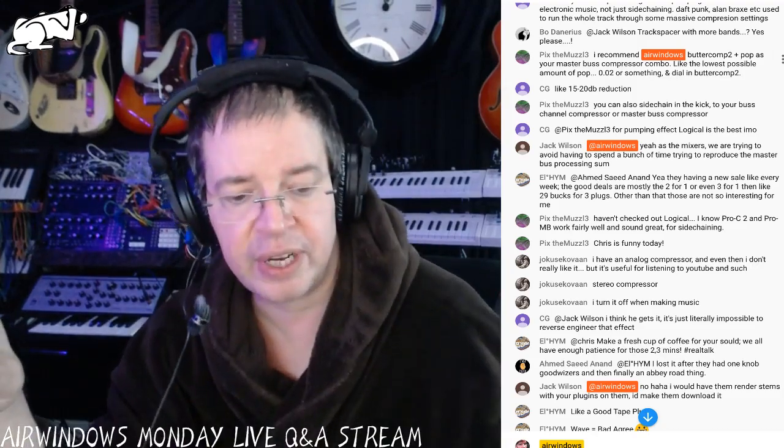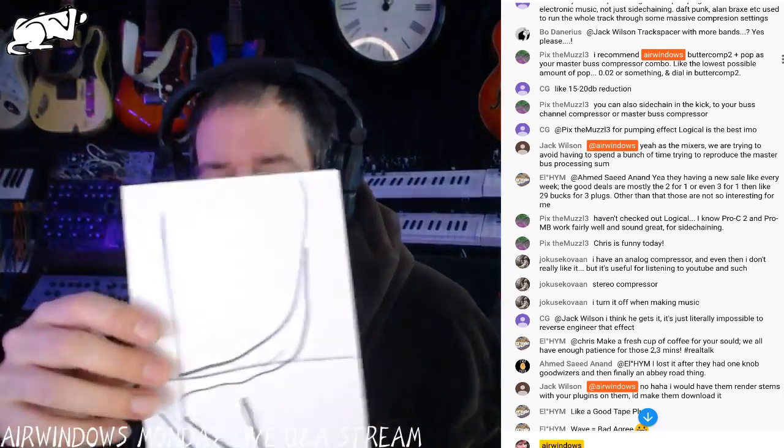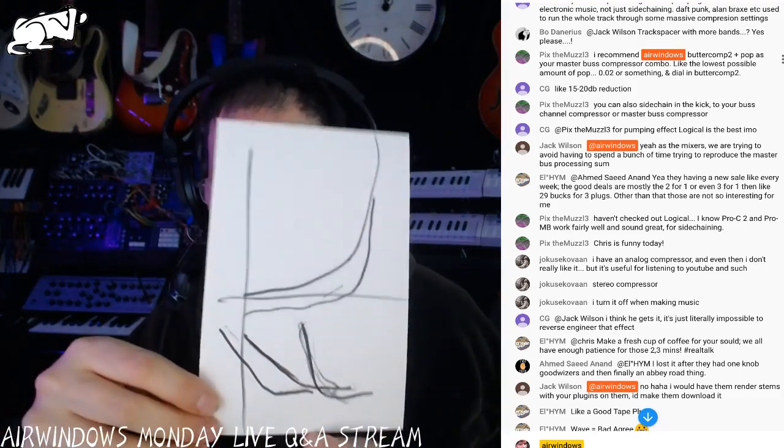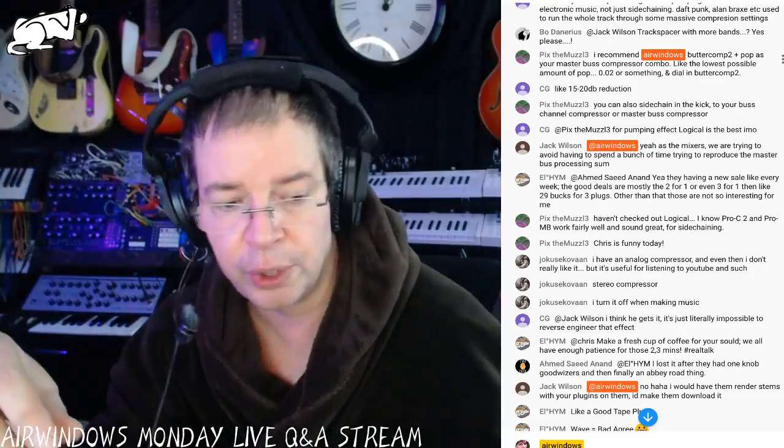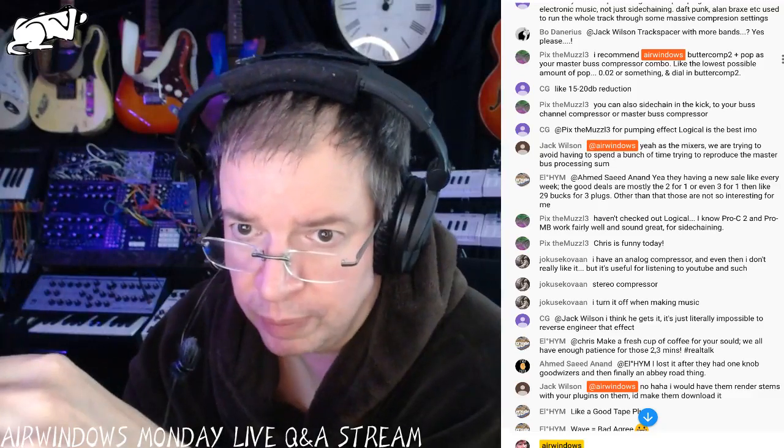And the rest of it is like this thing of, if they have steep compression, then you need to be compressing your stems a little bit just to have it be more controllable.